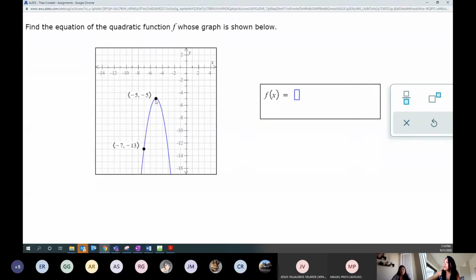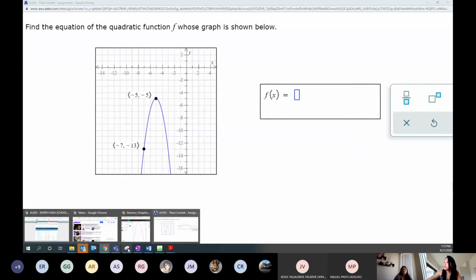So it's actually a 2 on the negative. Okay, so 1, 2, 1, 2, 1, 2, 3, 4, 5, 6, 7, 8. All right, so if I put a 2